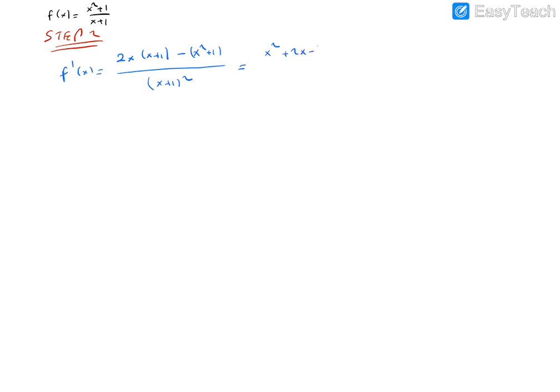In step 2, we should analyze the first derivative. So you should calculate the first derivative of f of x, which is x squared plus 1 over x plus 1. Okay, I will make the sign chart together. The derivative of f of x is the derivative of the numerator, 2x, times the denominator, minus the derivative of the denominator, which is 1, times the numerator x squared plus 1, over x plus 1 squared. So this implies 2x squared plus 2x minus x squared minus 1, over x plus 1 squared.